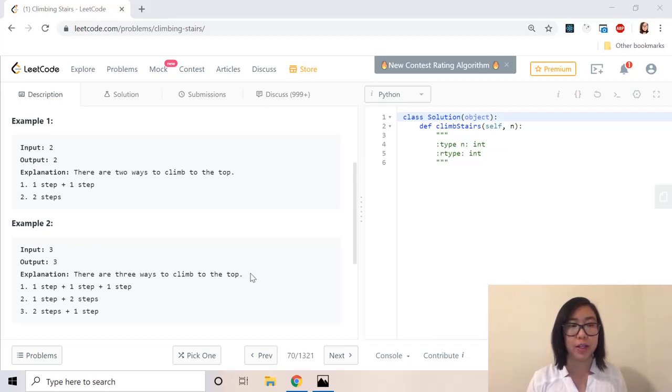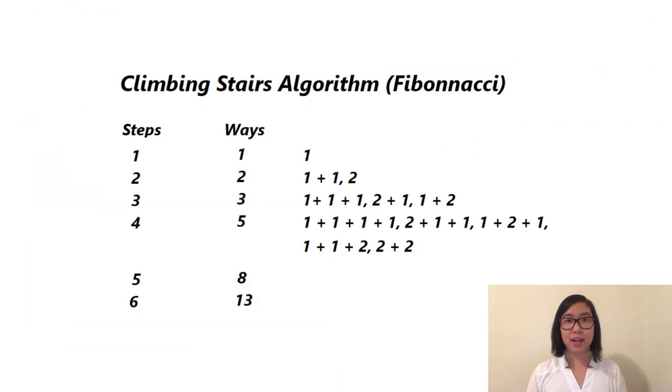The first way is to climb 1 step at a time, 3 times. The second way is to climb 1 step and then 2 steps, and the third way is to climb 2 steps and 1 step. Okay, so now let's analyze the question and see how we can solve the climbing stairs